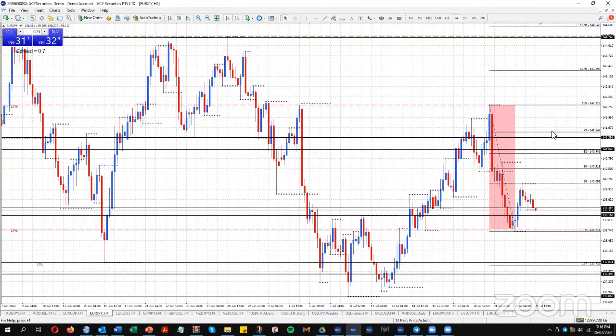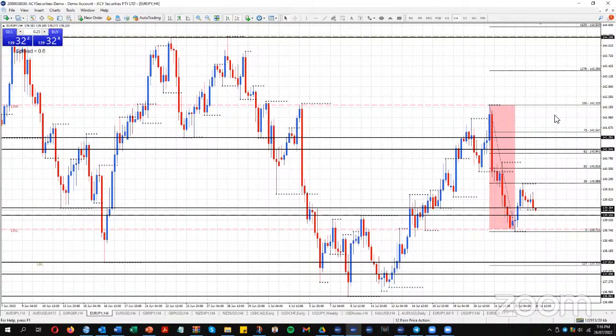Now, I know that looks a long way away, but when you were up here last week, you would have thought down here was a long way away. So it's more than possible to get up into those extremities at some point during the latter end of the week. A very negative candle last week. Price might not get up to those discount levels that I'm looking at, but I'm always trying to trade at a discount.